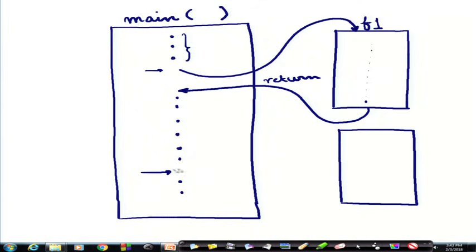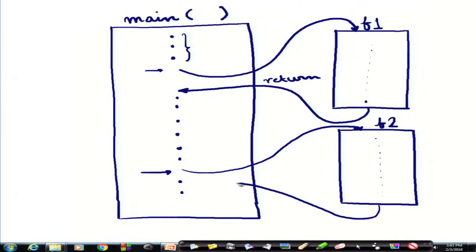So, some part of the data from here will be used by the function f2, and that has to come to f2 here, and f2 will carry out the task and will return to the point here.